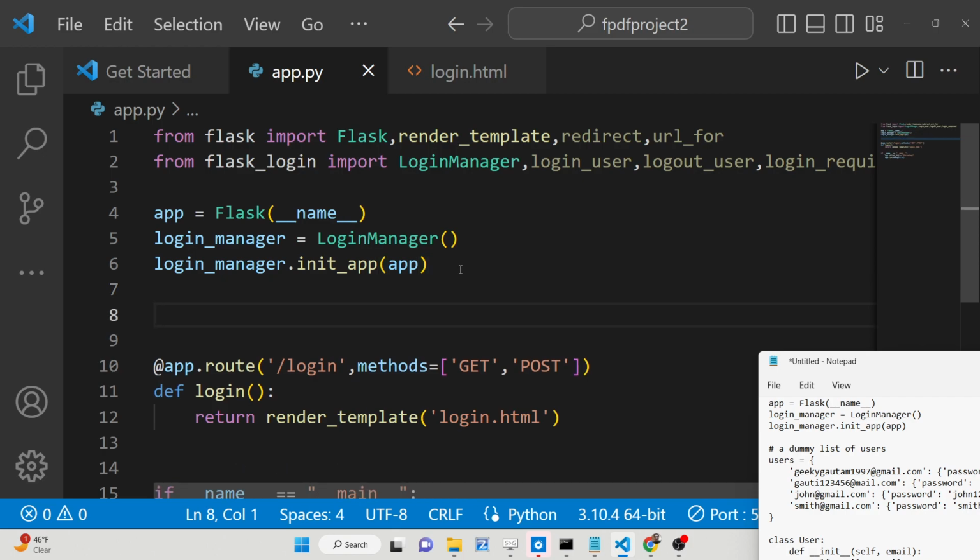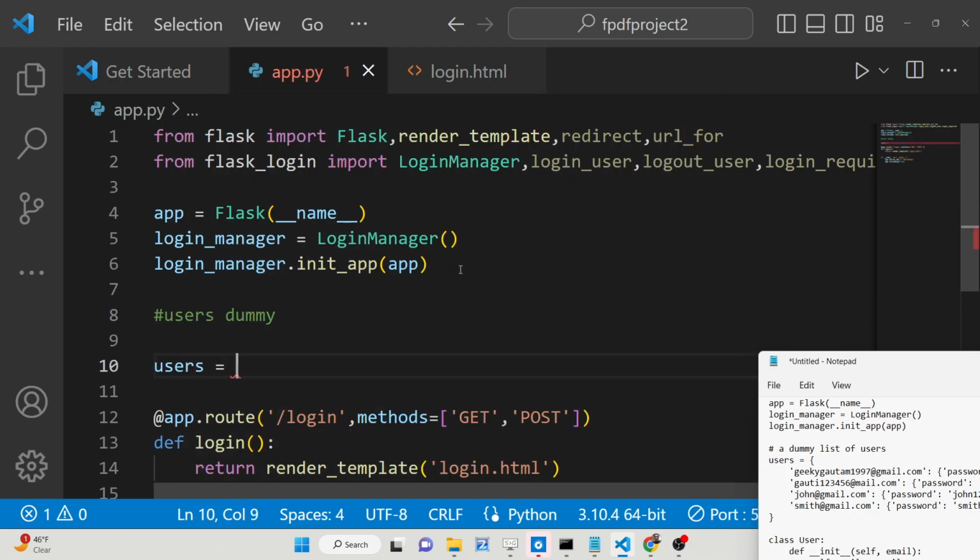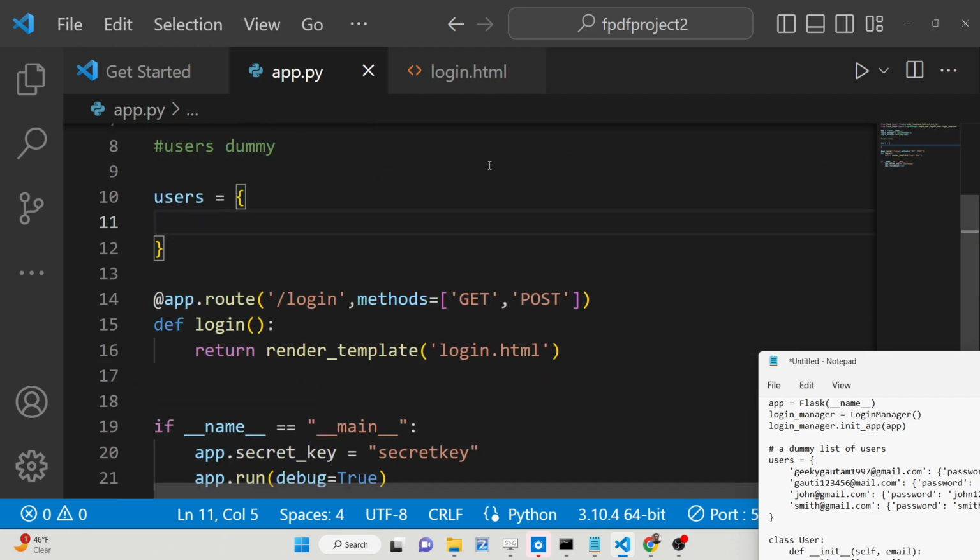In this scenario, the data will be the set of users, dummy users. So here you can just declare a dictionary. In order to declare a dictionary in Python, these can be anything. In single quotes, you put the email address of the user, and then basically colon, and then inside parentheses or curly brackets you put the password property. So password may be, let's suppose